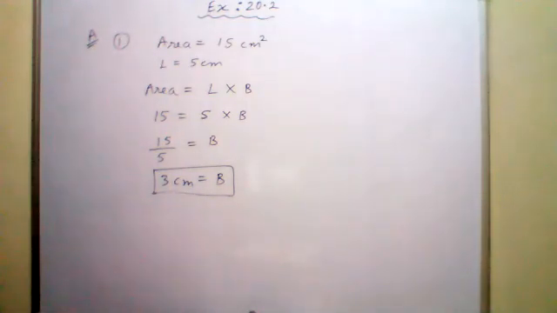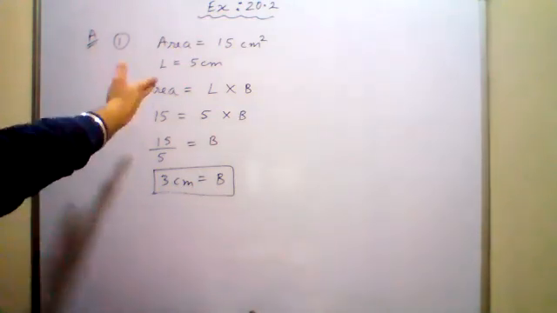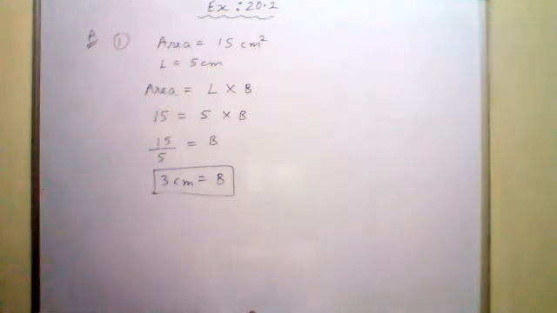In all the questions, you have to do the same thing. Quickly, I am giving you only 5 minutes to do all the parts. Only 5 minutes, not more than 5. And sir, which formula we have to use? Same formula, beta. Area equals length into breadth. Same formula you will use to do all the parts. Find the answer of all the parts.